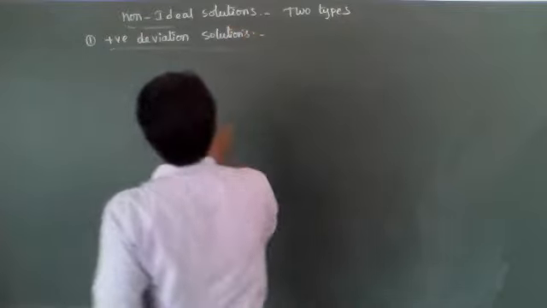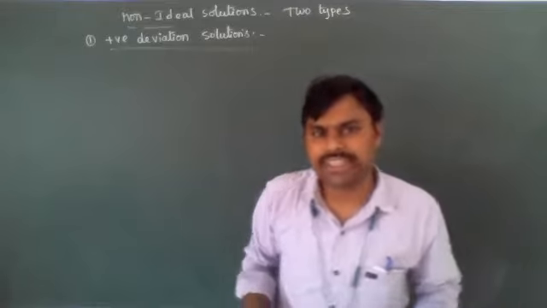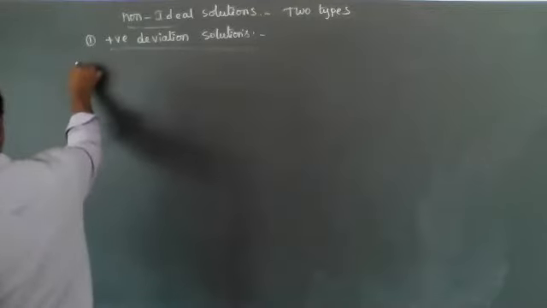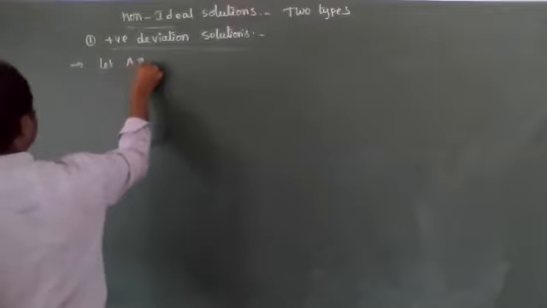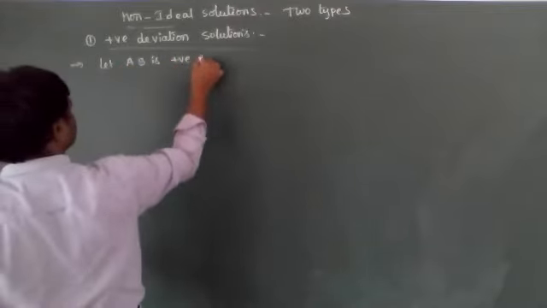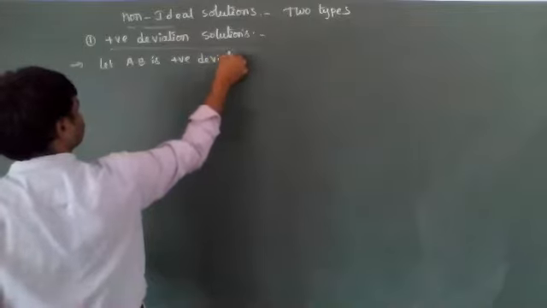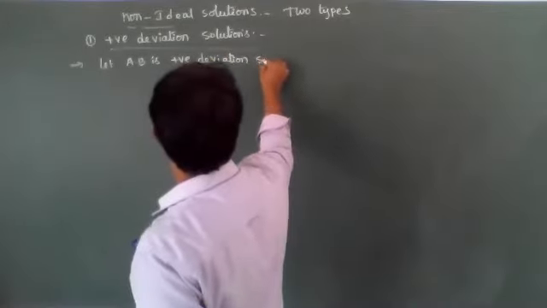So what kind of solutions are called positive deviation solutions? For example, let AB be a positive deviation solution,